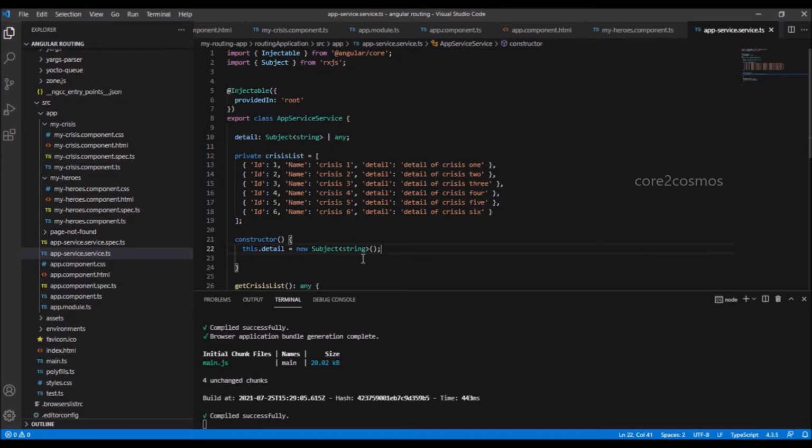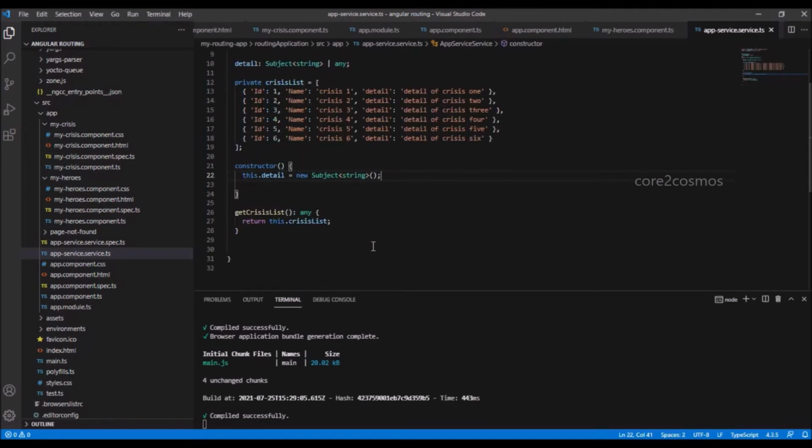Once I do this, I have to create a method for emitting the crisis detail into this detail variable. At line number 30, I create a function emitDetails which is going to accept an input of string data type. I say det: string as input argument.